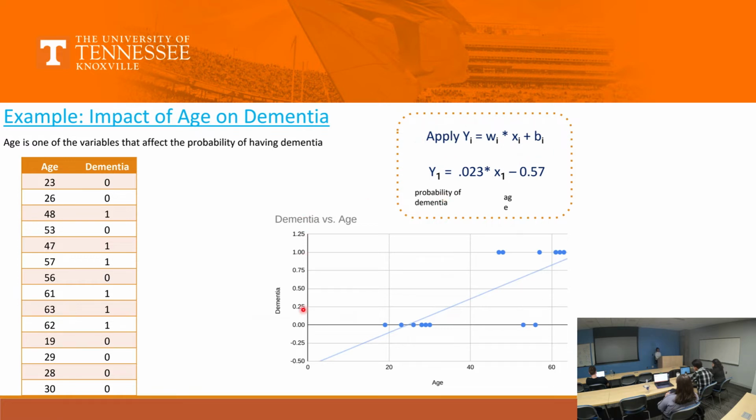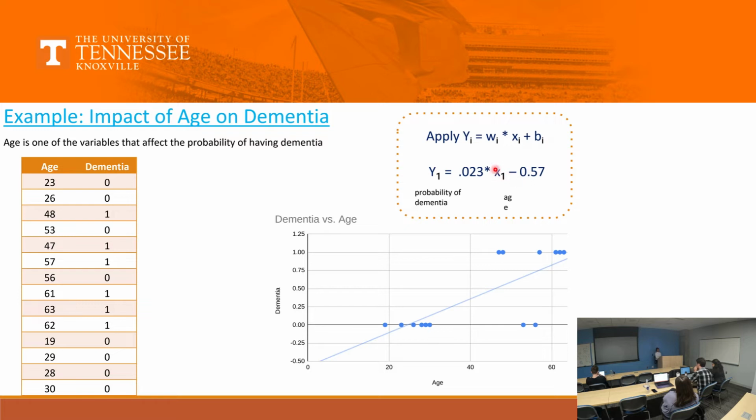So this is here your dementia. This is the probability of the dementia. This is your age, and ultimately you are able to draw a relationship by simply this linear curve, where y equals mx plus c. Your m is the weight, right? Your x is your age here, and your b is your bias here. So now,